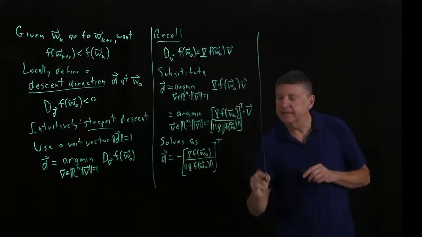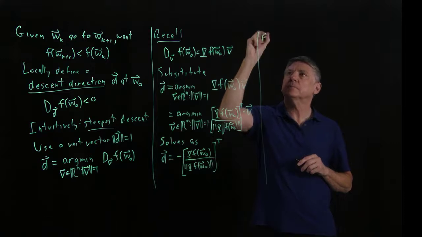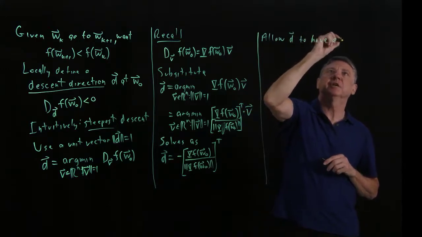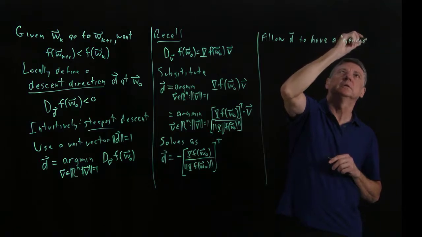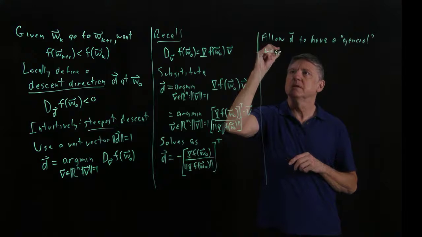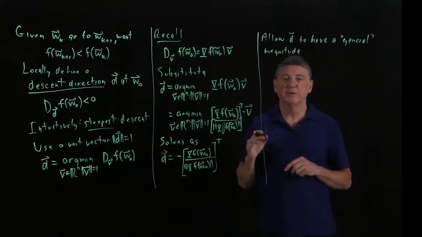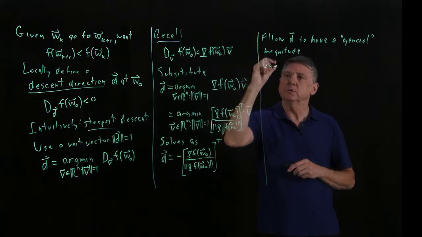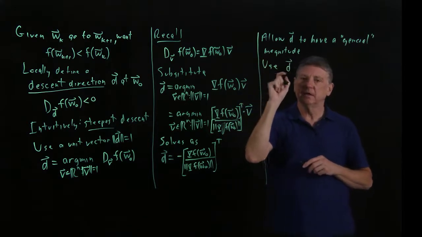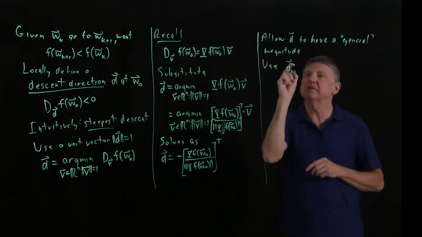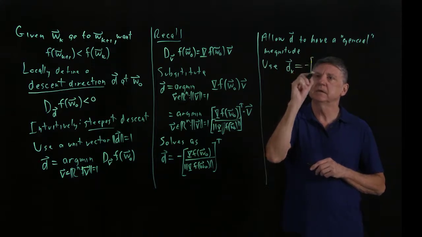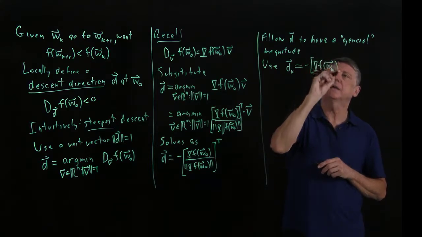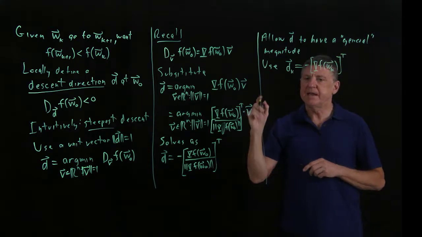And what we'll often do in our descent is now allow d to have a general magnitude. That is, as part of our iteration, we want to include the magnitude of the gradient as well as that unit direction. So our direction at step k, let's be specific here, at step k is minus the gradient of f evaluated at iteration k, and we transpose that. And now our iteration